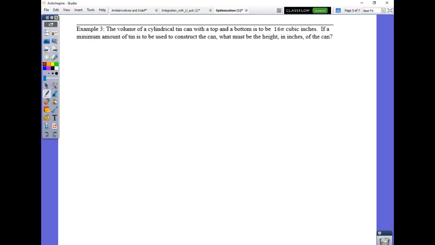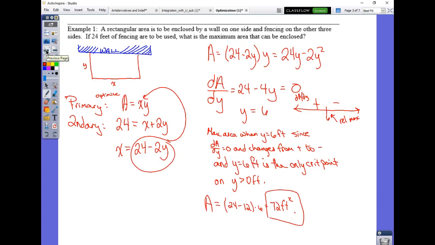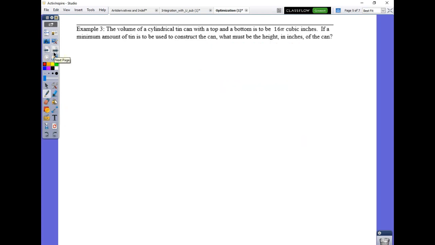All right, so this is the third example on the assignment that we titled optimization. So what we've done so far is we've talked about our first example where we dealt with the area of the fence. Our second example was the dimensions of a maximized volume for a box given a specific surface area. The third example